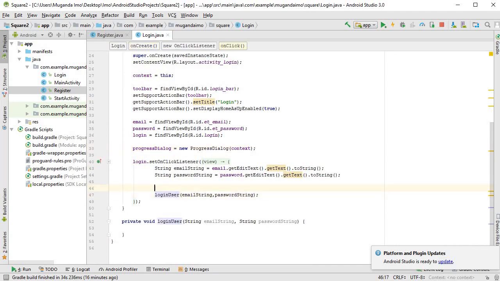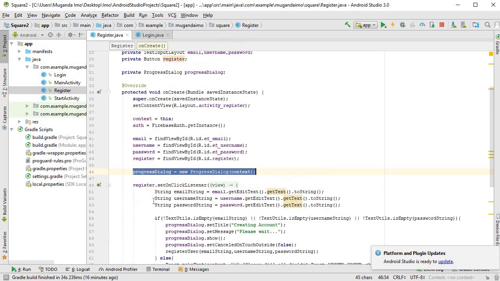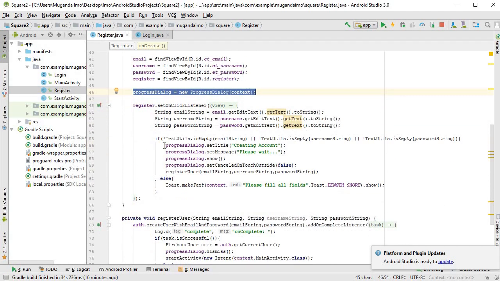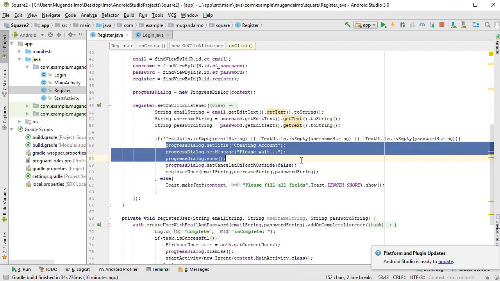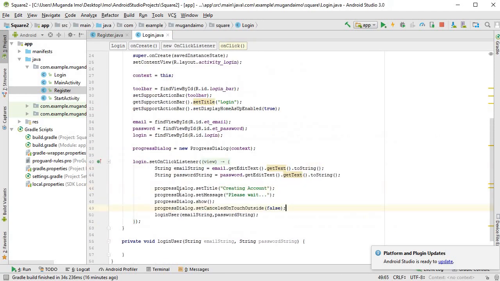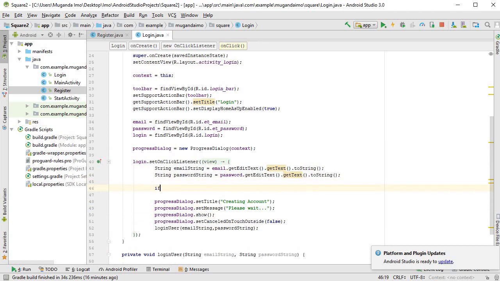And we will use it just before the login user method. There. Okay, next let's validate